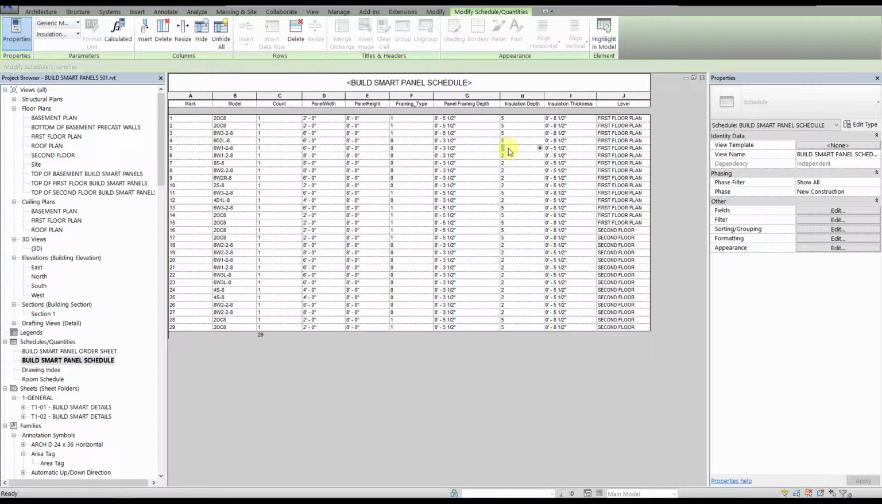Unfortunately, Revit does not allow you to select the entire column and change all the numbers at once. Hopefully one day, Autodesk will realize that we want the schedules to work more like Excel and fix this issue. Let's go take a